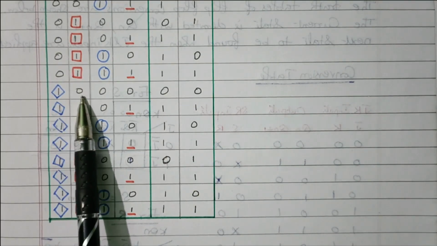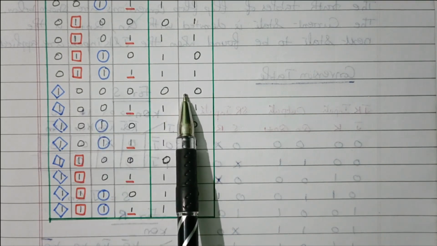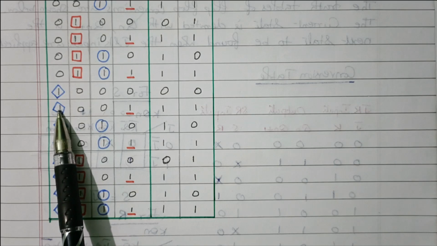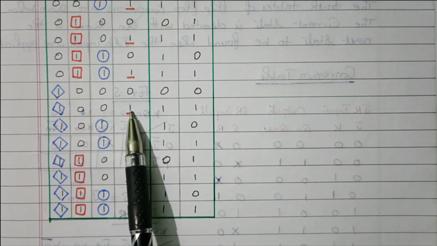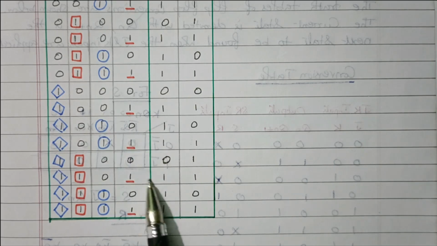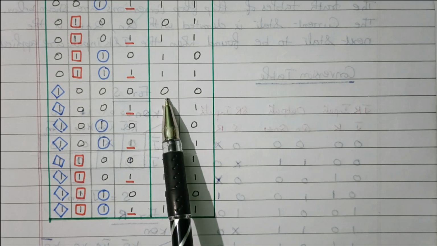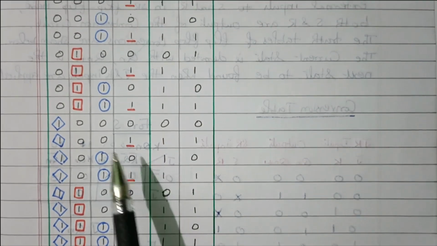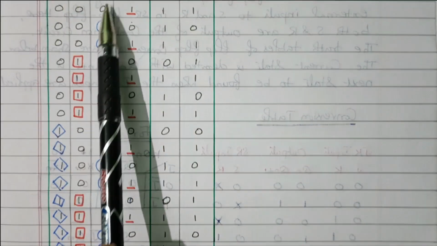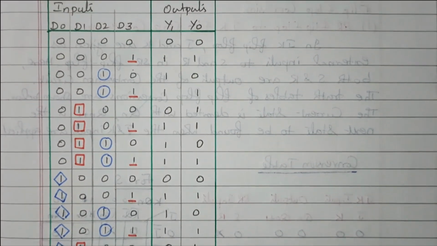Right. Here D1, D2 and D3 are all zeros, so for that case we get 0, 0 as the output. So this one is 1, 0, 0, but here 1 is there, already covered. These are all already covered. So only this combination will get the last priority 0, 0. All are 0, 0, meaning the output is also 0, 0. Right. So this will give the